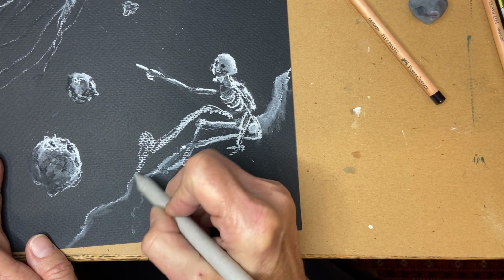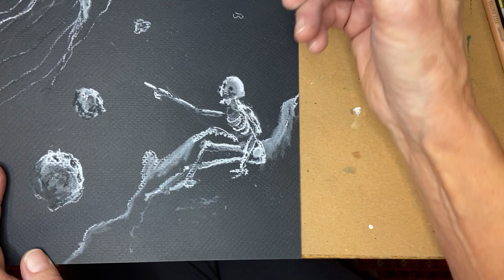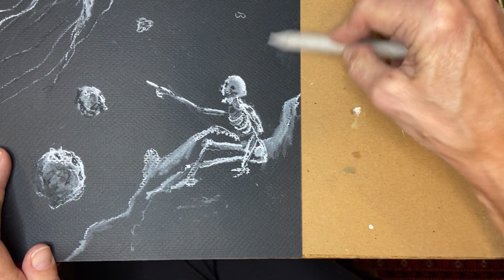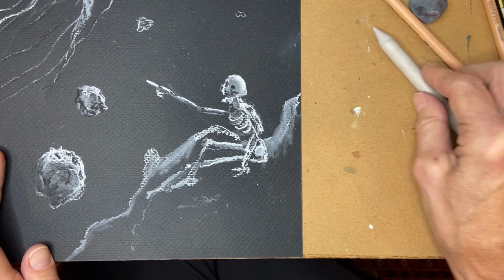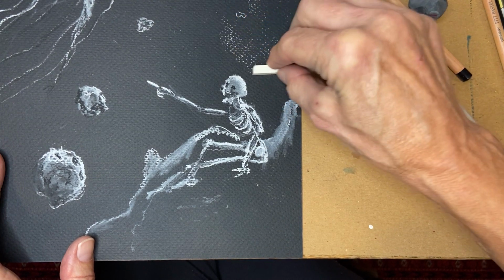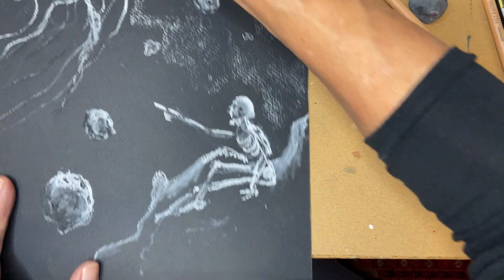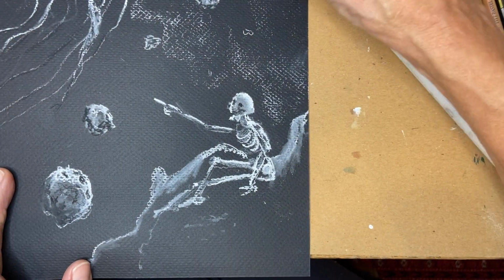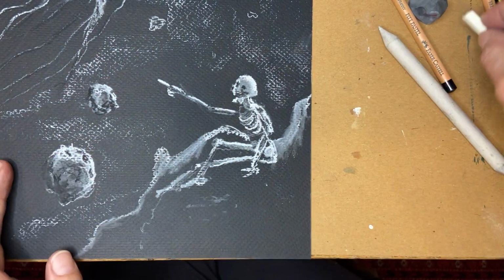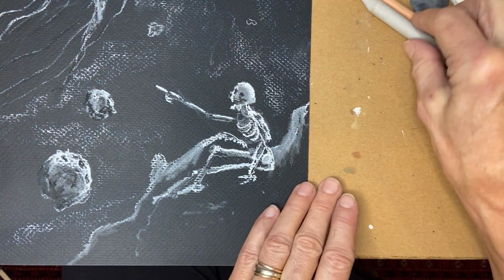But I think this gives you an idea of how you can do your drawing on a black page, and then you can come back in. You could even take another piece of chalk, a square piece of chalk, and create patterns in the sky that look like something's happening. And then you can go back over those, or with your finger even, just to create